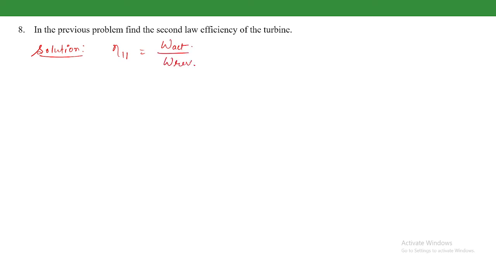Okay, so what is the reversible work? Reversible work is the maximum work that can be possible from a process under reversible conditions. Okay, when there is no irreversibility, this has nothing to do with the isentropic process or anything. This has to be a completely reversible process. Then if there is a completely reversible process, what is the maximum work that can be obtained from it? That is the reversible work.